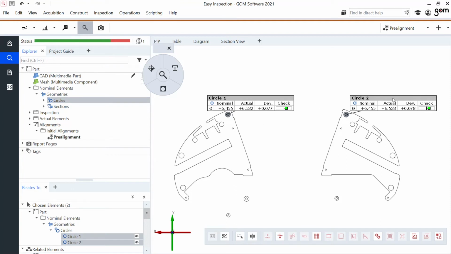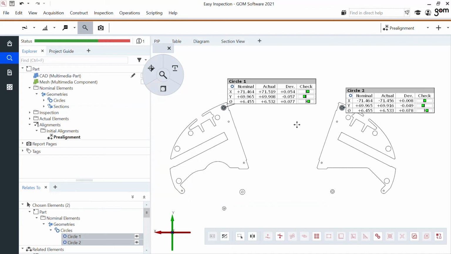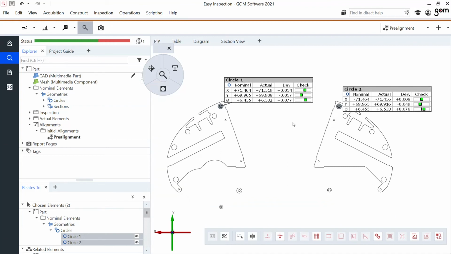Great. Next to the size, I'm also interested in the position. Here I see X, Y position, probably interesting to know whether they are positioned well. With Control, I can select multiple inspections and they just appear in those same labels. I like this a lot.